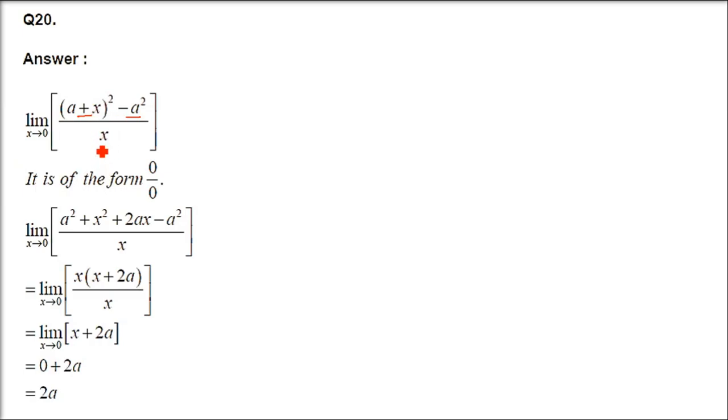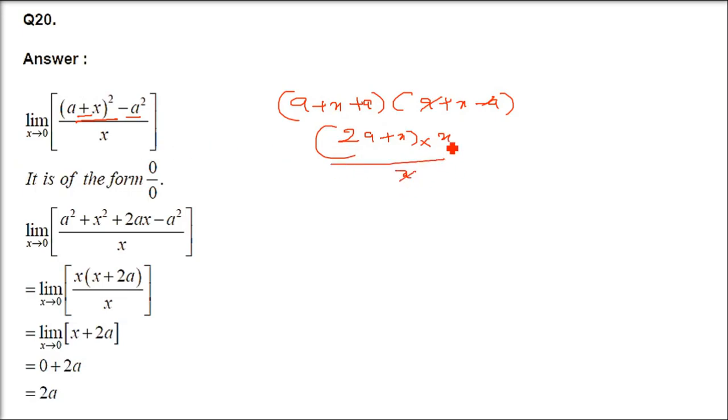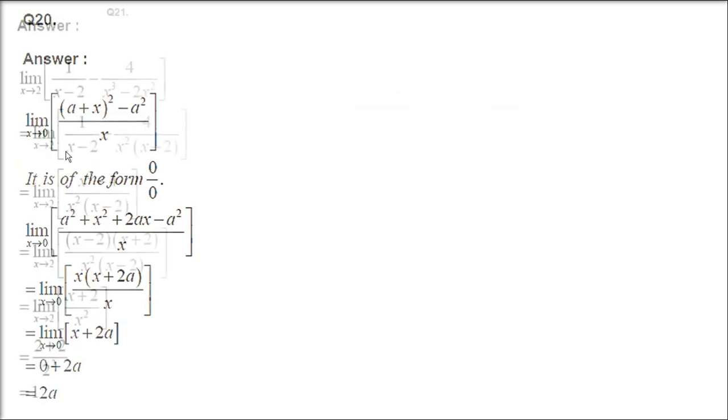So we can just write it as the a minus b, a plus b formula, or p minus q, p plus q. So (a plus x plus a) and (a plus x minus a), divided by x. So a plus x plus a is 2a plus x, and of course the a gets cancelled. You have x here and in the denominator you have x, so this x gets cancelled. You are only left with 2a plus x. Now you can apply x as 0, so 2a will be the answer. You just have to put the p square minus q square formula here.